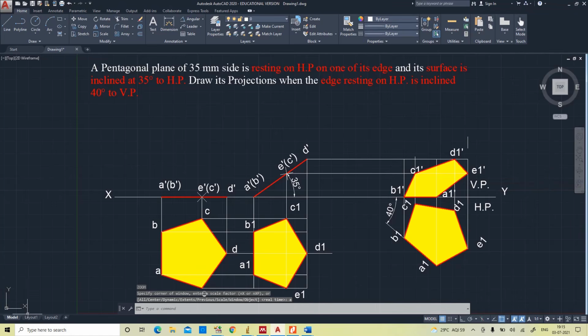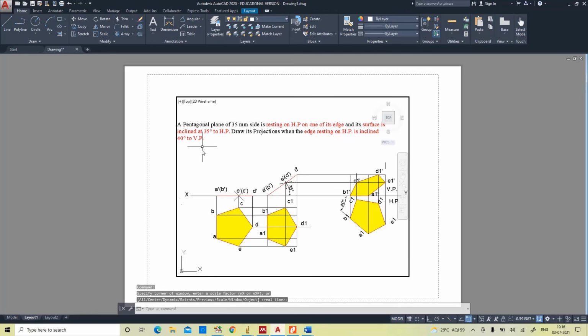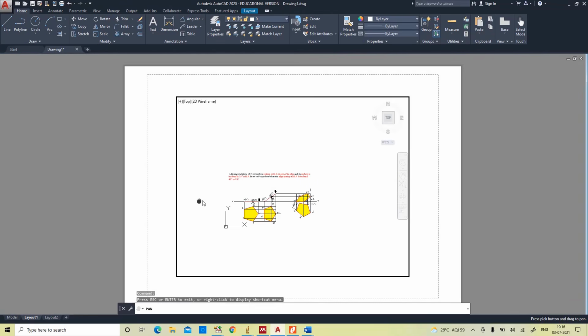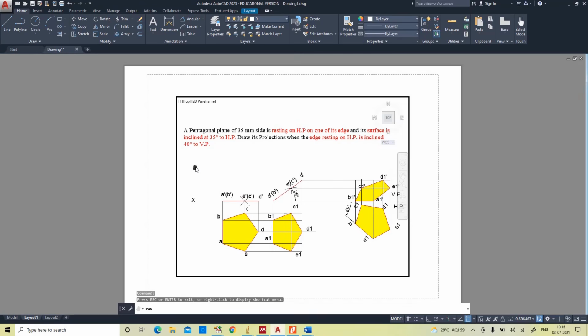You can check it out in the layout. See, when the complete drawing is to side, click on zoom extents. Perfectly it fits. Sometimes it won't fit. If you click on zoom extents also, it won't fit. At the time, use the pan command and bring it to center, zoom it. That's it. Now you can export or save as a file.